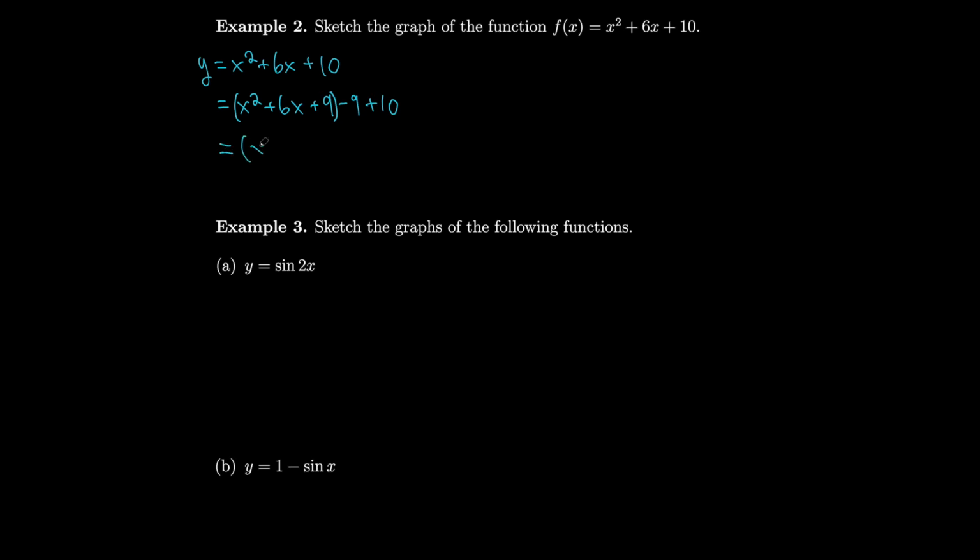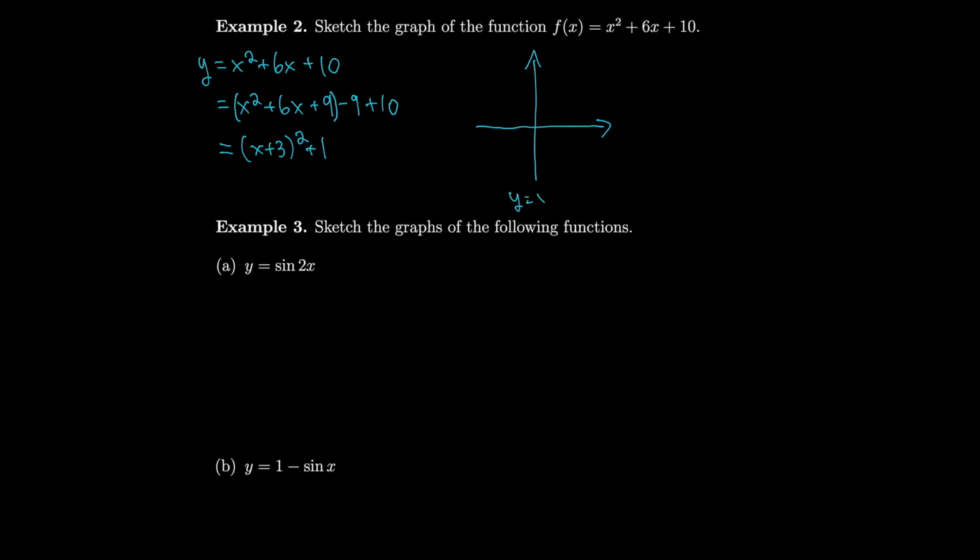So that we can just write as x plus 3 squared. And then negative 9 plus 10 is just positive 1. So it looks like our graph is obtained by moving to the left 3 from x squared and moving up 1. So if I look at my original graph,